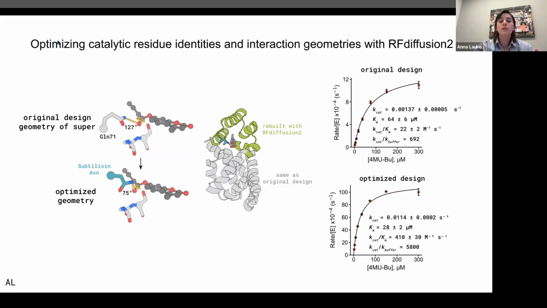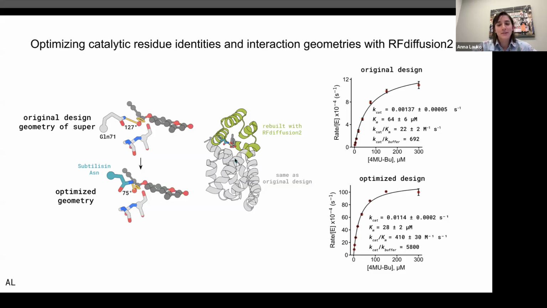In the middle, you can see what that looked like. In gray is everything that is still exactly the same as our original design, and in green is the region that we deleted and rebuilt using RF diffusion